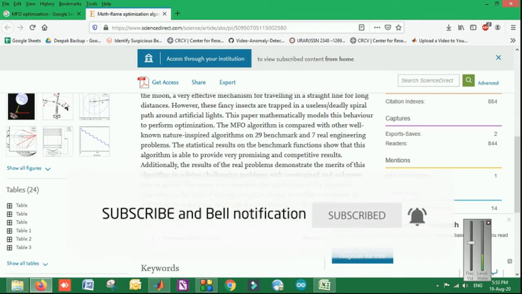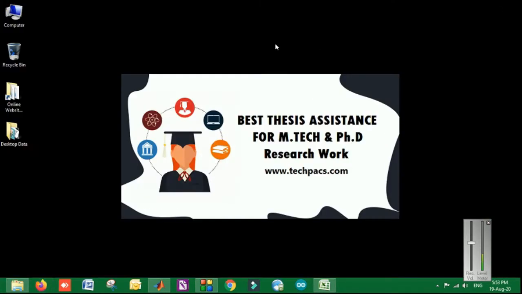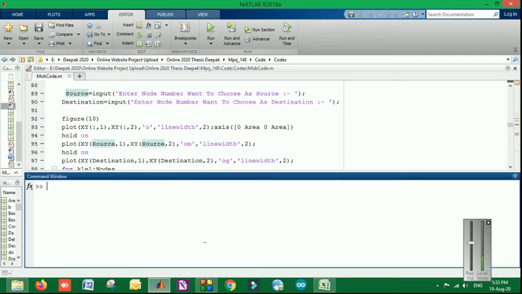By using this particular algorithm we have implemented one MANET protocol in which the data is transmitted from source to destination by selecting the advanced variables, fulfilling the fitness given by the Moth Flame optimization. Let's have a look. As you can see on the screen, I've already run this code.